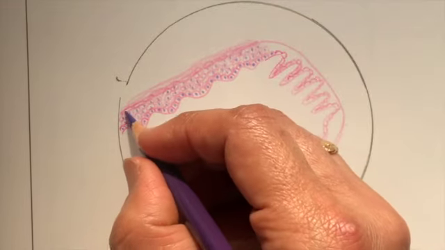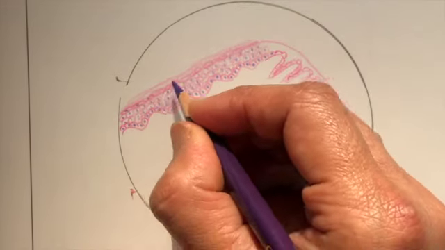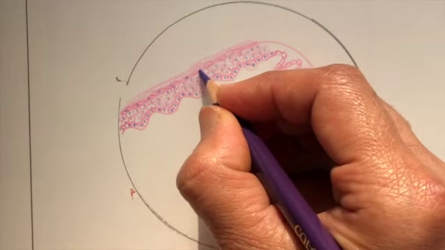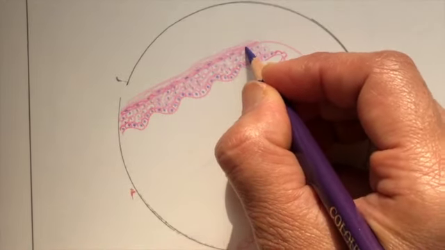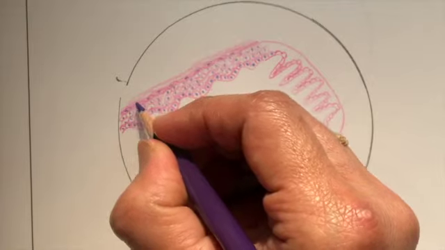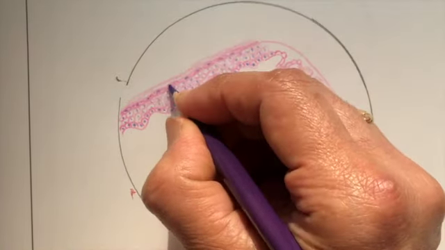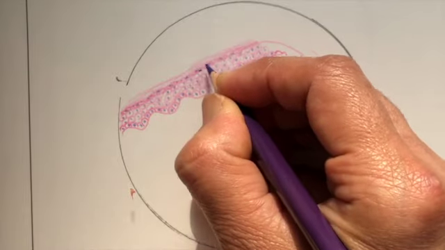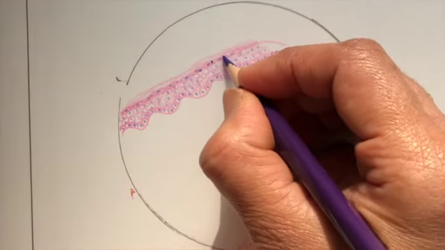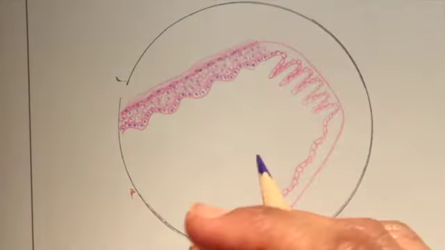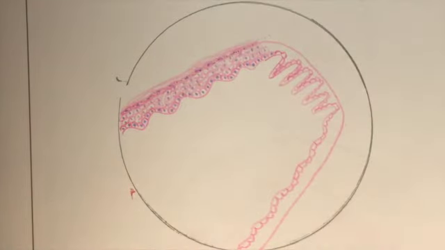Please make sure that you draw a nucleus in all the cells that you have drawn. And here is the next flattened cell layer, and since it is an orthokeratinized epithelium, you will have the stratum granulosum, which basically has granularities in the epithelium in that particular zone. So this is the orthokeratinized zone.